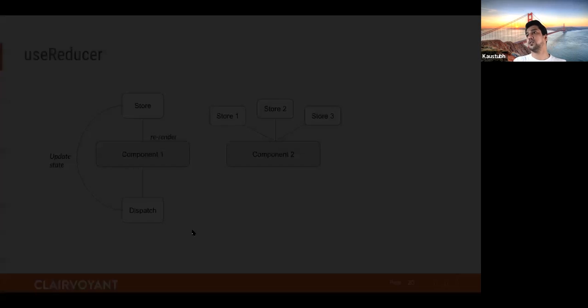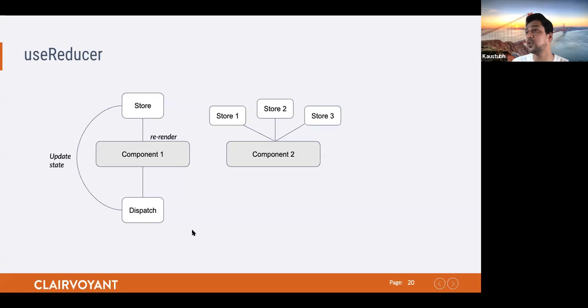Coming to the useReducer hook. The useReducer hook is pretty similar to what we have in Redux. Over here as well, we have component 1 and component 2, and these two have their own states. Using the useReducer hook, we can create a store for our own components, and we can have a dispatch handler for it. useReducer returns two values: first, a store, and second, a dispatcher to mutate that store.